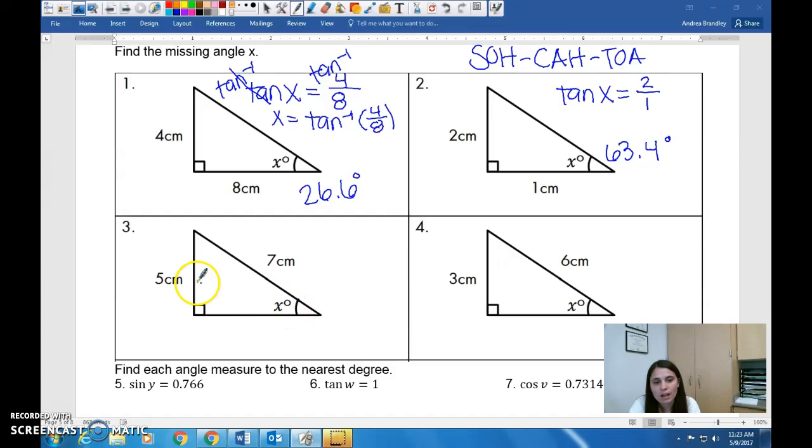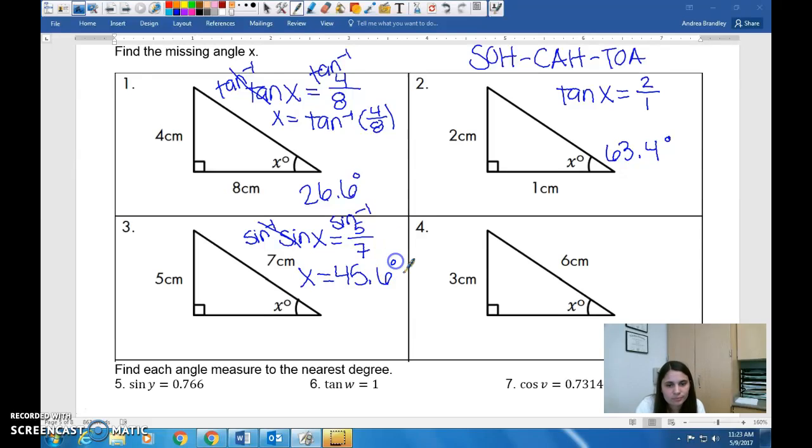Number 3, I now have a different pair of sides that I know. So if I look at my angle, I know the opposite and the hypotenuse. Well, up here, opposite and hypotenuse is sine. So the sine of x is equal to the opposite, which is 5, over the hypotenuse, which is 7. So then I can take the inverse sine of both sides once again, and these cancel, and x equals the inverse sine of 5 over 7, which comes out to be